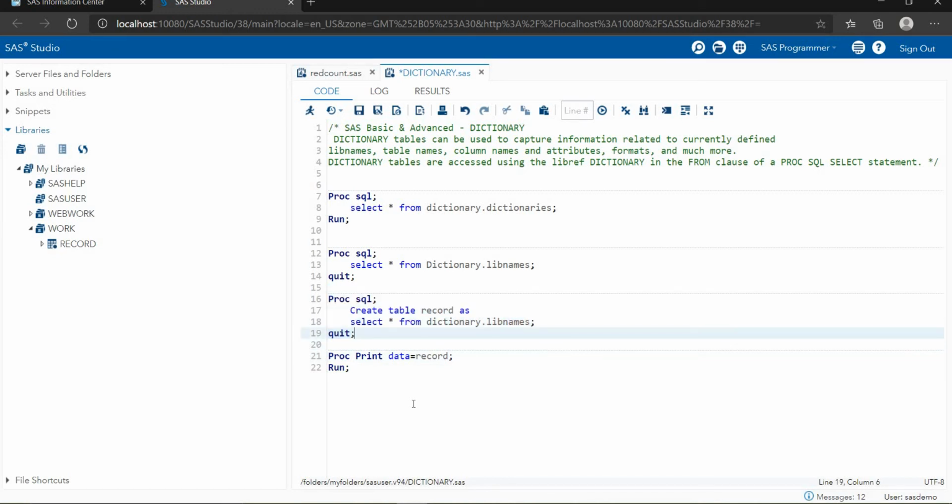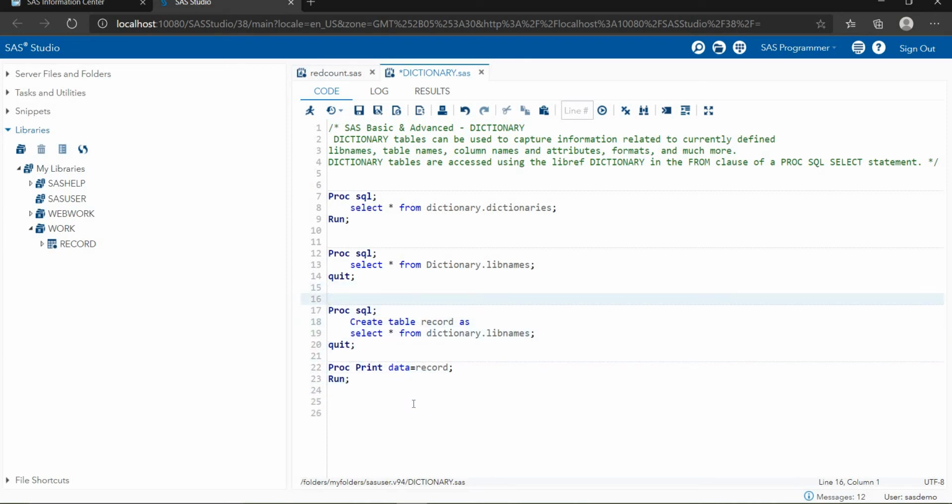If you want particular details for particular data, then you can use PROC SQL here. Now I'm looking for the particular details for SASHELP. So I'm looking for the particular information from SASHELP. How to create the particular library information?